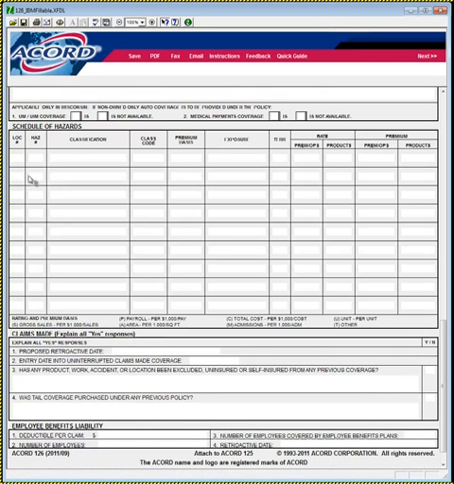Moving down to schedule of hazards, this is actually not too tricky. Let's say, like in the instance of our bar, I think from the Accord 125 we filled out, we had 2 locations, 2 addresses. Okay, so at location 1, which is at address 1, we have, let's say, 1